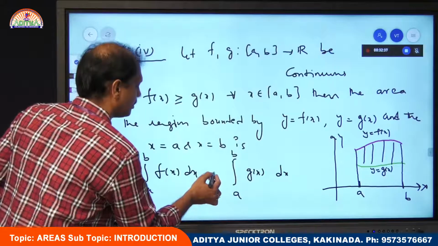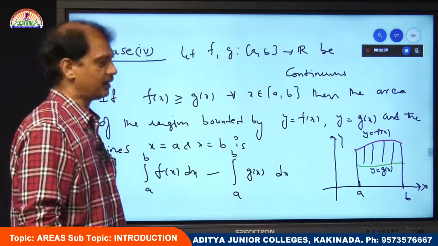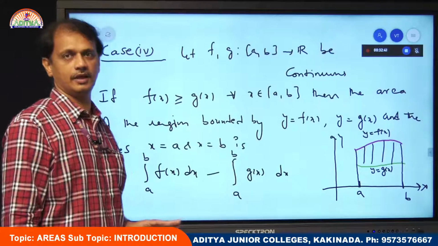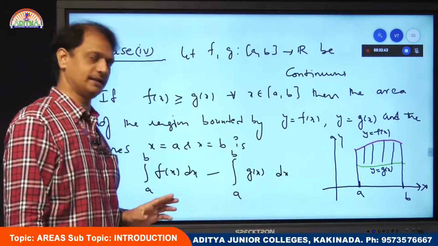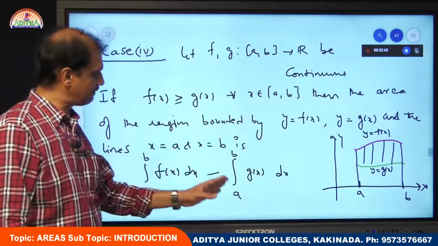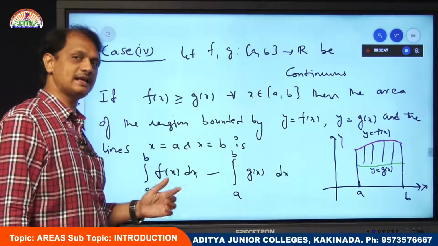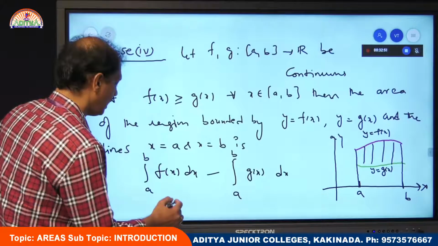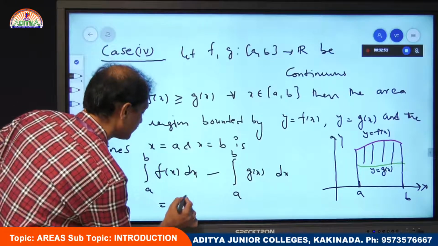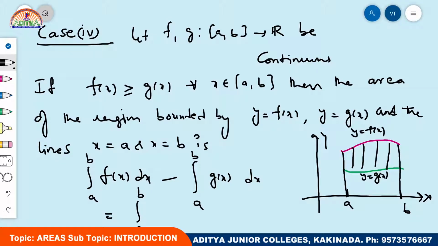That means here you take a minus sign to get the area of the region. Since these two have the same limits, we can take a difference of integrals as the integral of the difference. So I write this as integral a to b f of x minus g of x